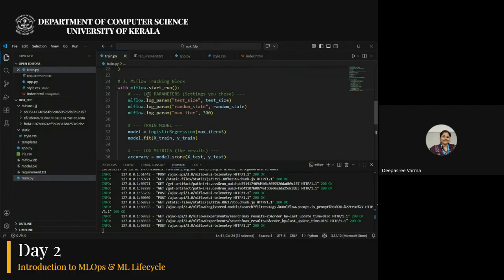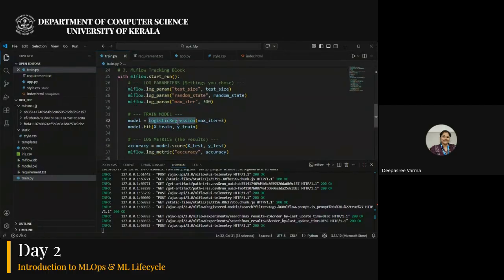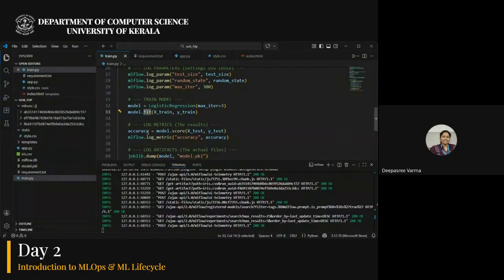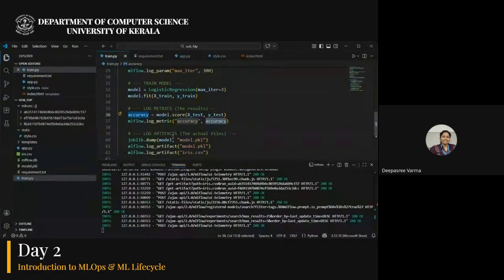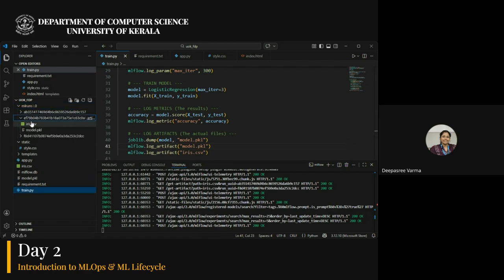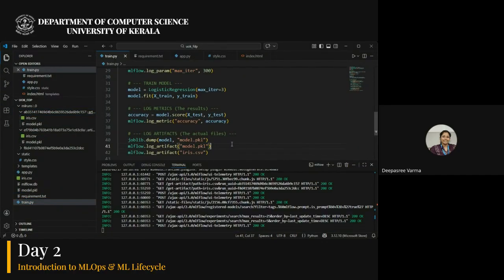The only thing is you should start with MLflow and log all these things: whichever parameters you want to change, log all parameters, build the model here, fit the model here, find the accuracy or whatever metrics you want, and log everything. It will show you as various different experiments here and it will be stored. The beauty is that everything will be stored once. If you want to use this model, you can just easily get it here. If you want to use a different model, you can get it here like that. So this is how you keep track of your experiments.